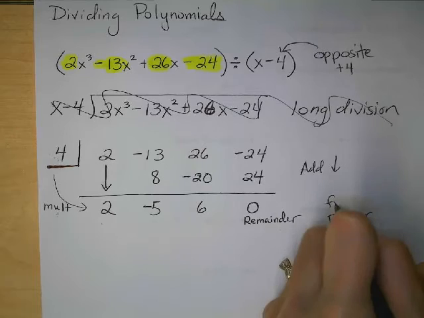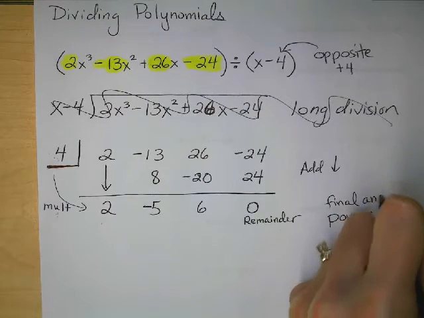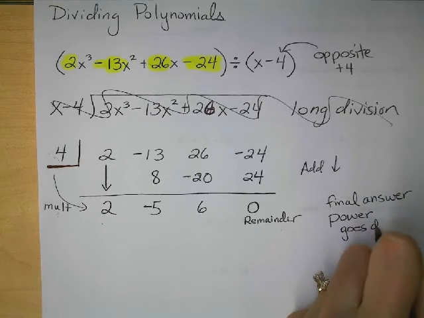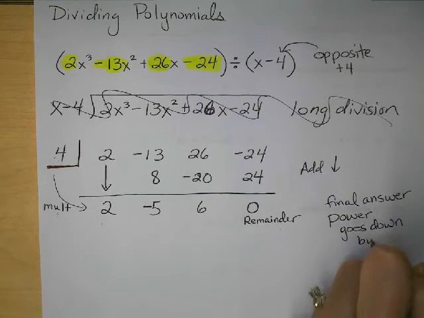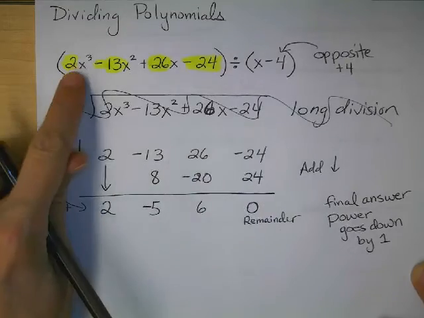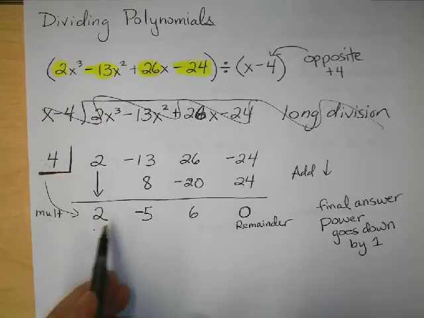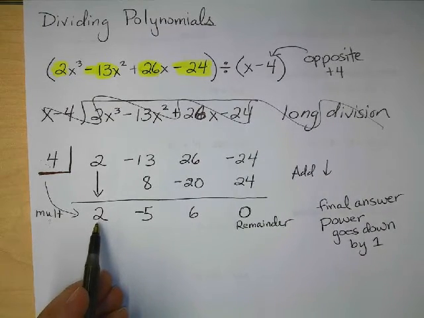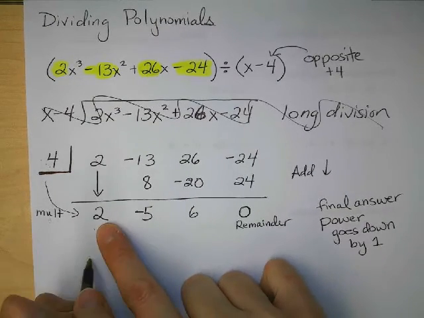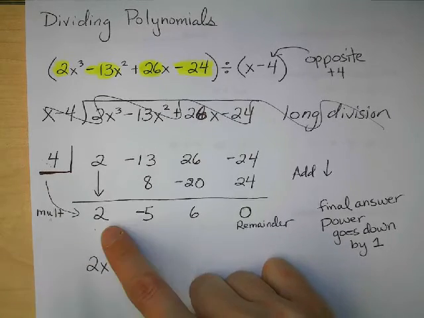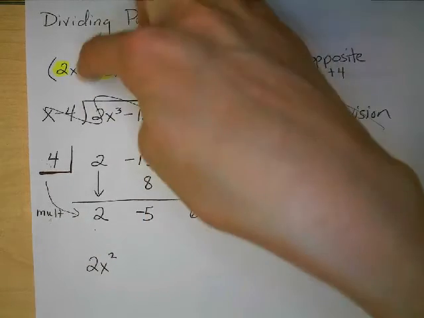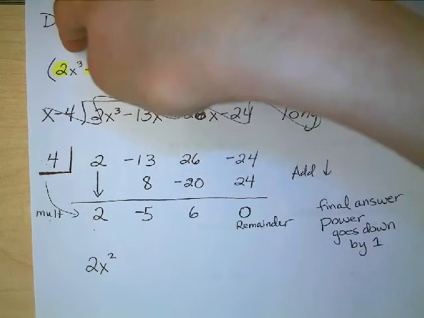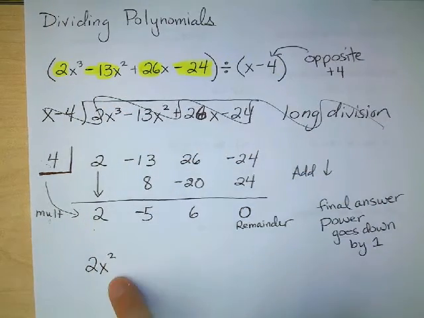Like final answer, power goes down by 1. Like the problem up here was x to the 3rd power. So my final answer is going to be some x to the 2nd power problem. You get it? You just go down a power. So it's going to be 2x to the 2nd power. You have to write the letters back in, but just go down 1 power from where you started. This was x to the 3rd up here. So it's going to be 2x to the 2nd